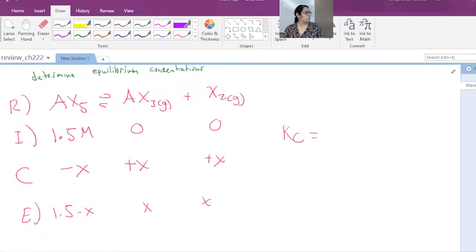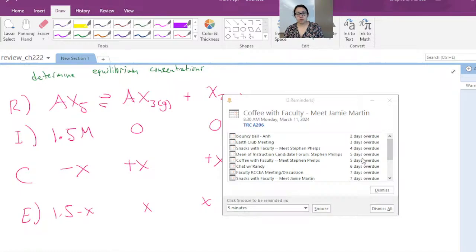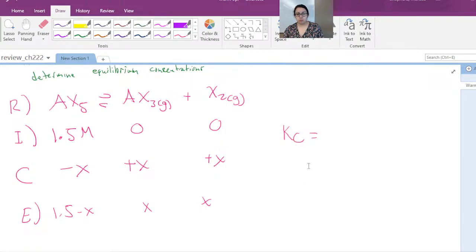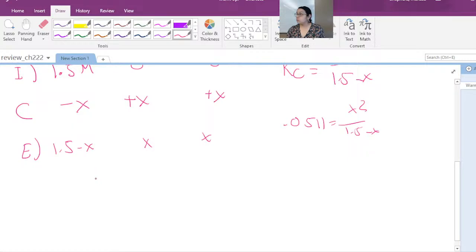Kc equals 0.0511 is equal to x squared over 1.5 minus x. Basically, to get rid of that, multiply that on this side, and I've got 0.07665 minus 0.0511x equals x squared. I rearrange that so then I get x squared plus 0.0511